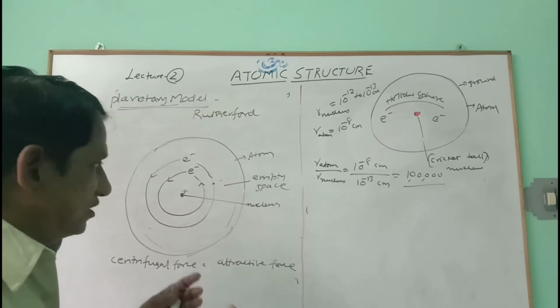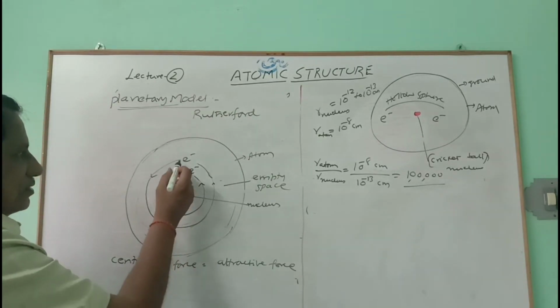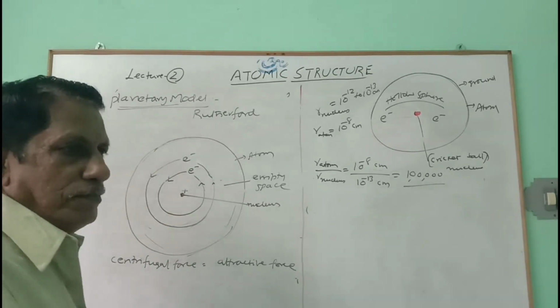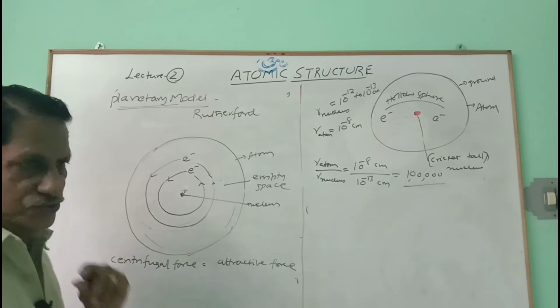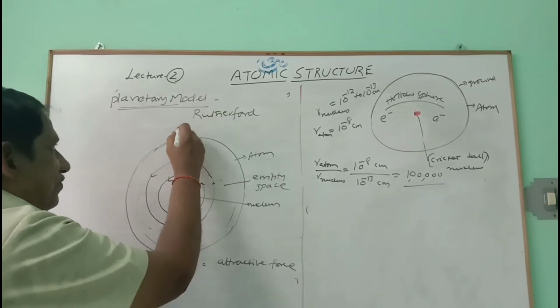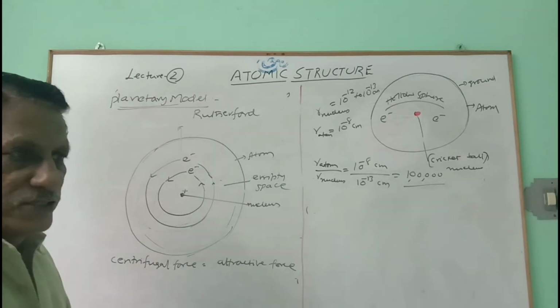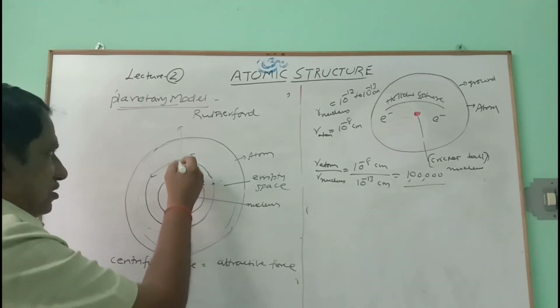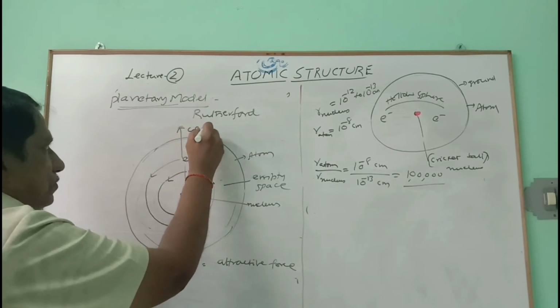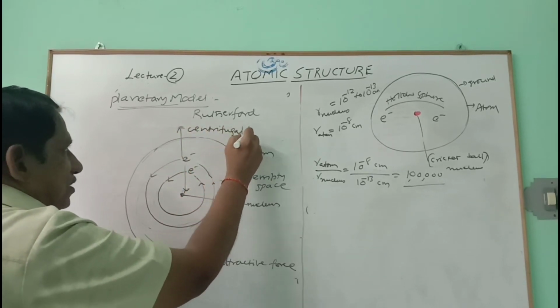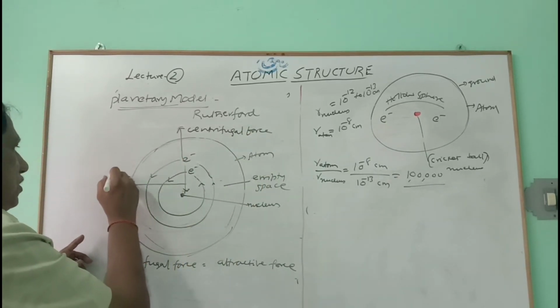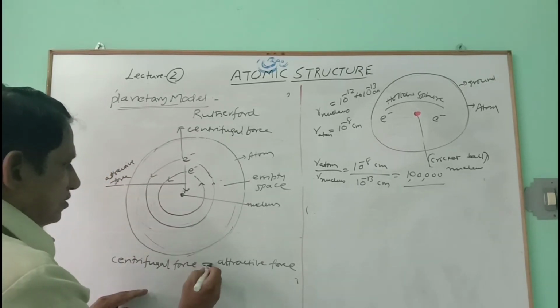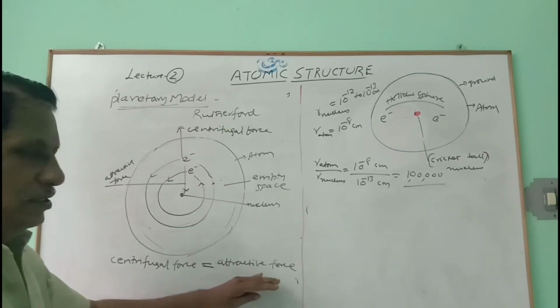And here, Rutherford's explanation, how it goes. When the electron is revolving with fast speed, a force will be created by it by virtue of its motion. And that force is nothing but the centrifugal force. The centrifugal force is acting away from the nucleus, and the attractive force is acting toward the nucleus. This is the attractive force, this is the centrifugal force. The centrifugal force is opposite to the attractive force. These two will be exactly counterbalancing each other, exactly equal and opposite.